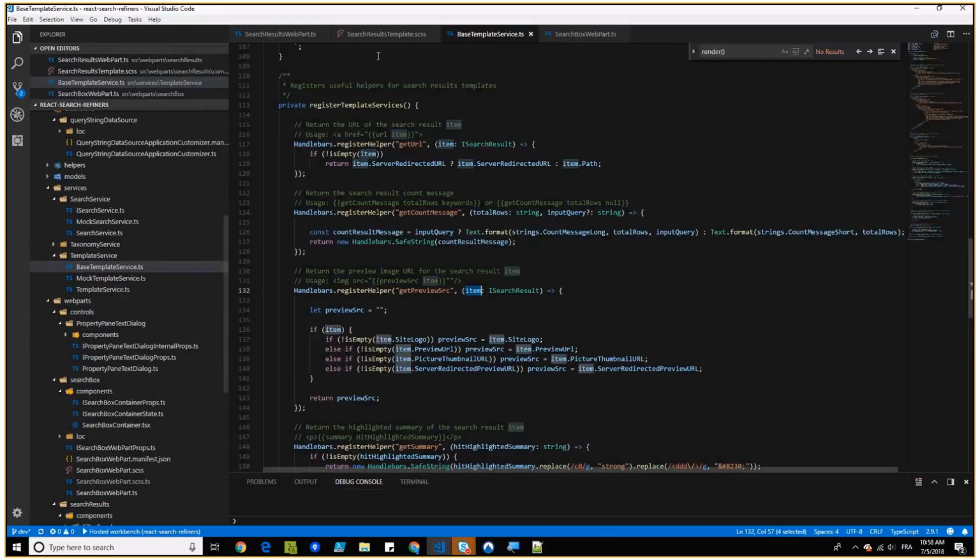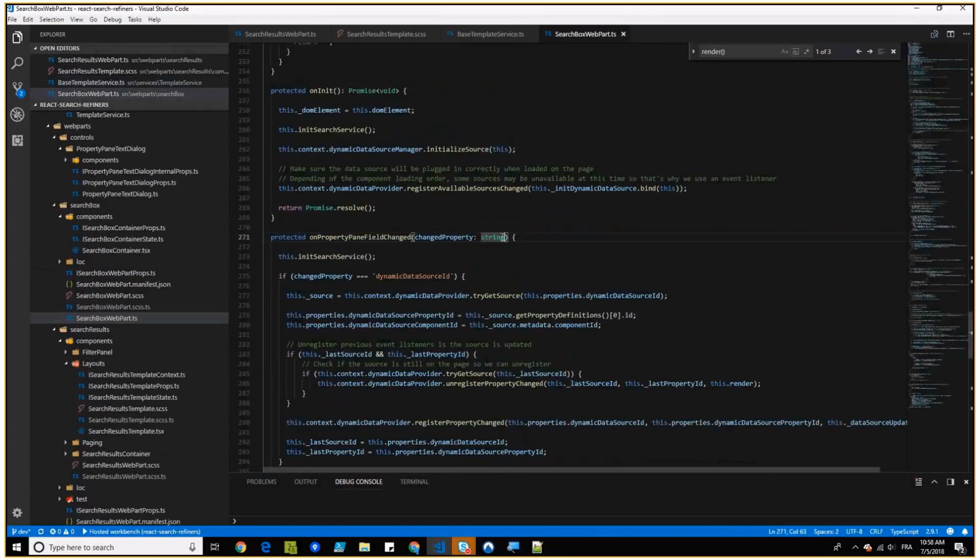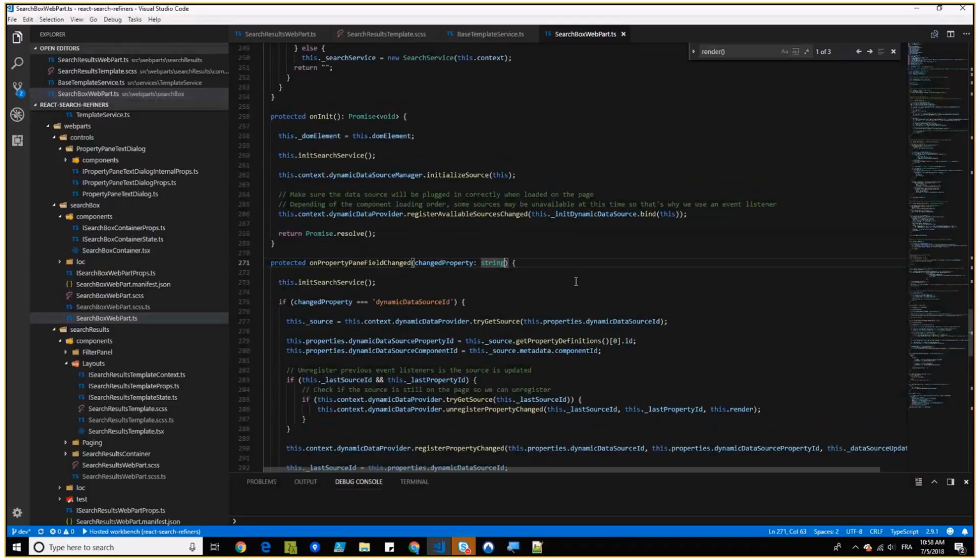For the search box now, as you can see, the search box is a producer and a consumer. So it gets a value from the query string parameter coming from an extension, but it also sends a value to the search result web part. So you can do both in SharePoint Framework. Another thing to notice is this line. This line is just to plug the correct data source when the